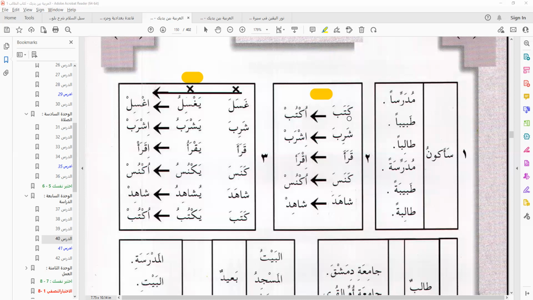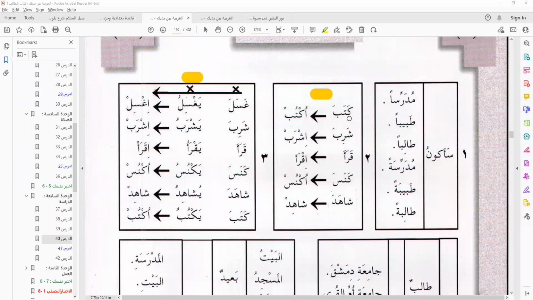So Yaghsilu, Ighsil. Shariba, Yashrab, Ishrab, Qara'a, Yaqra', Iqra', Kanasa, Yaknus, Uknus, Shahida, Yashhad, Ishhad, Kataba, Yaktub, Uktub.